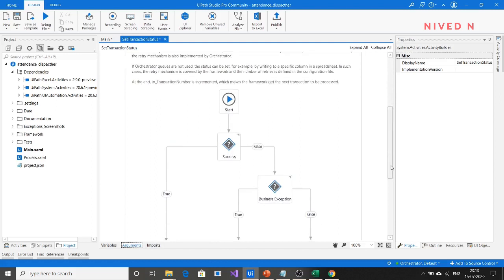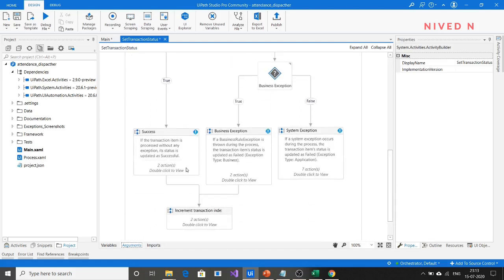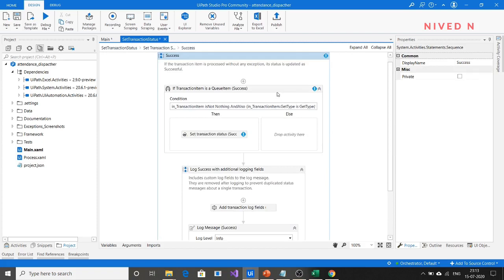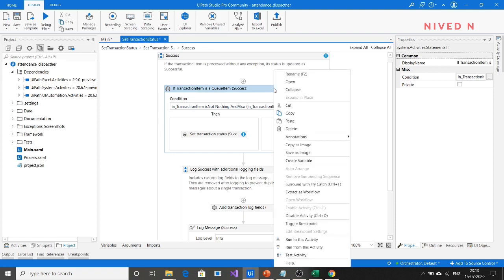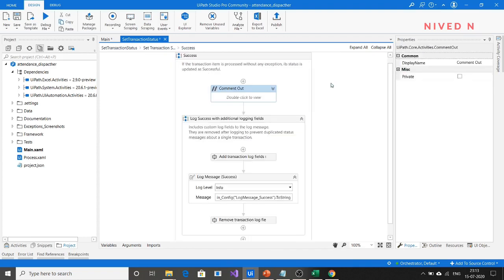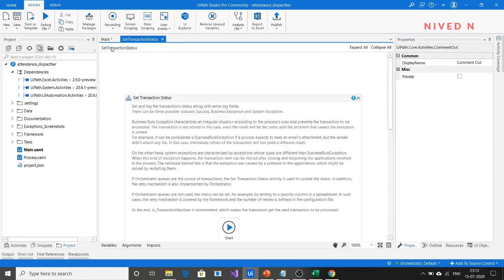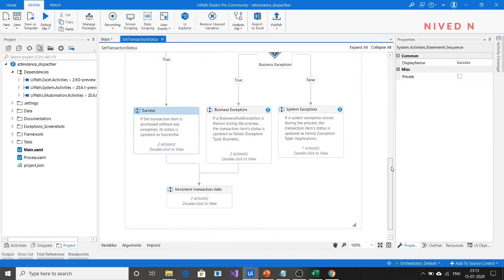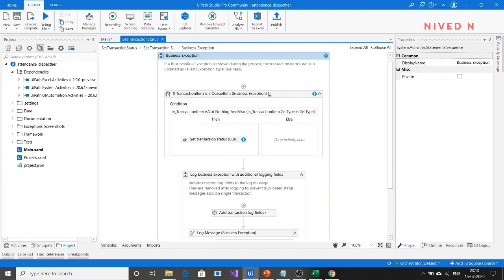We can see the validation error appears here. Try to change it. Since this sequence is required when the transaction item is a queue item, and our transaction item is not a queue item, we can disable it. It is not required. So save it and go back and do it for business exception and system exception as well.